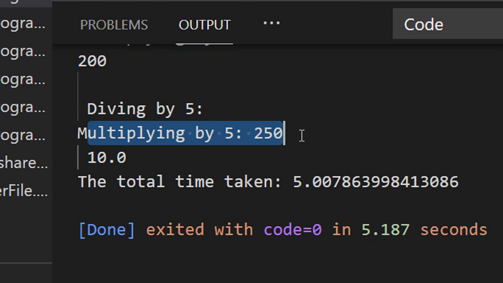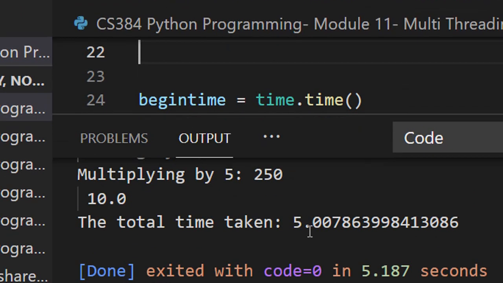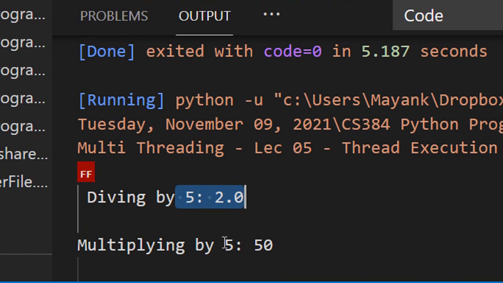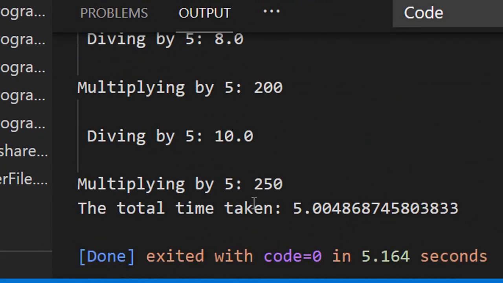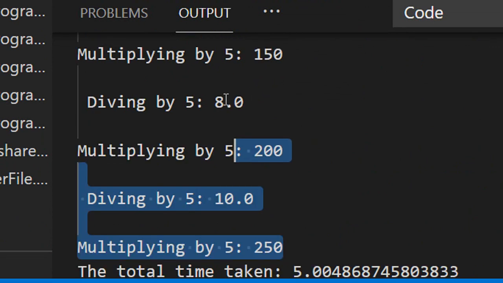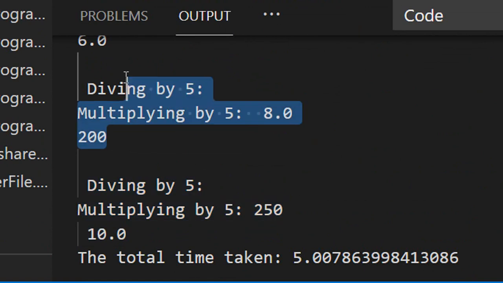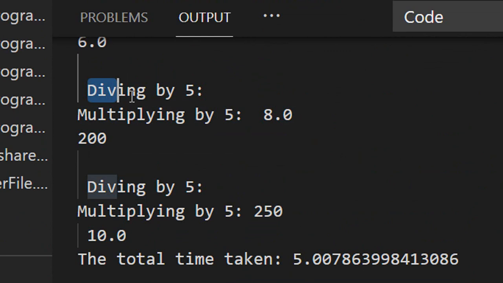So in case your program is such that you can execute operations in parallel, you can actually multi-thread them. But this output will change over time. So let me run the code again. You can just see now it is coming. Dividing by 5 is 2, multiplying by 5, dividing by 5. See, in this case it has come perfectly, right? In this case it has come absolutely perfectly. But as I told, in the previous case we were getting a bit weird output, not wrong output, but a bit weird.